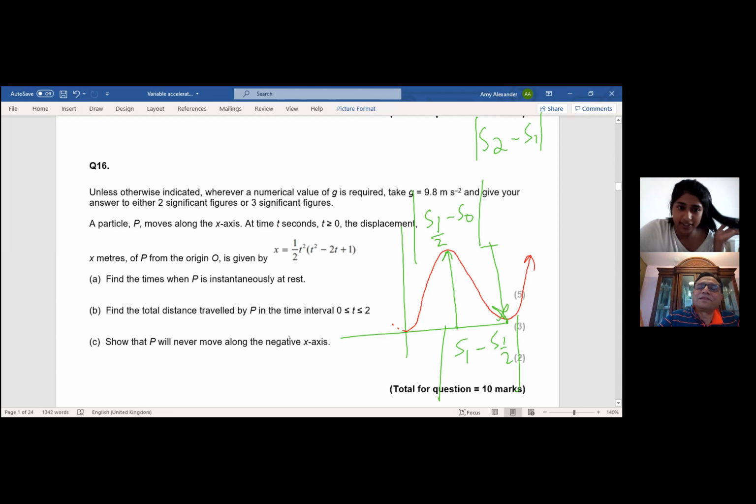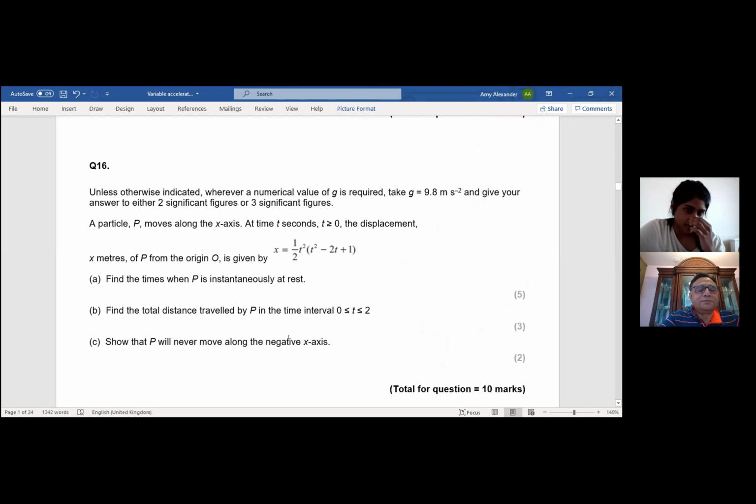Yeah, that makes sense. So part C: show that P will never move along the negative x-axis. Yeah, because of the way it has gone here, it is always above the curve, because of the graph which we showed. So distance is, as you can see from here,